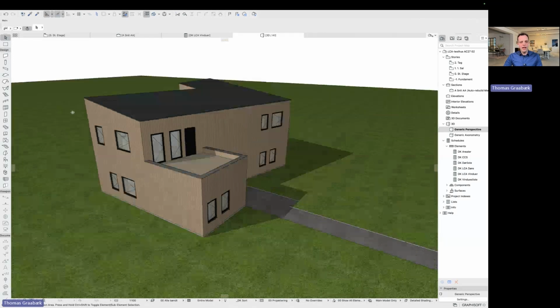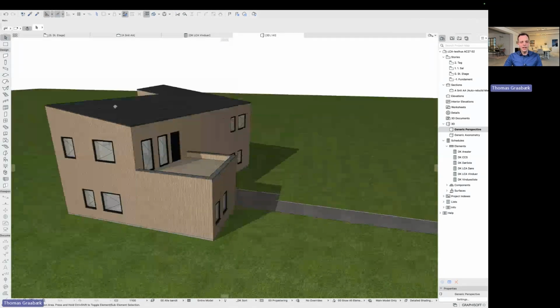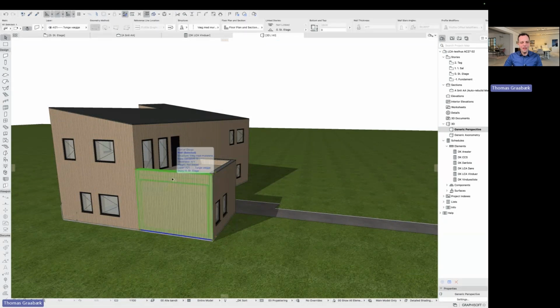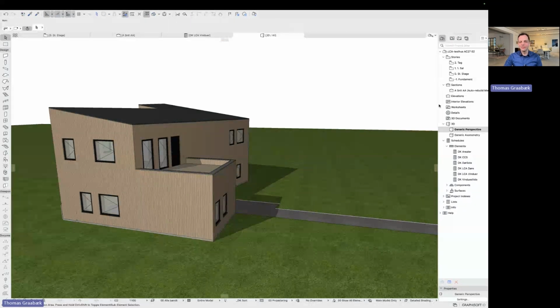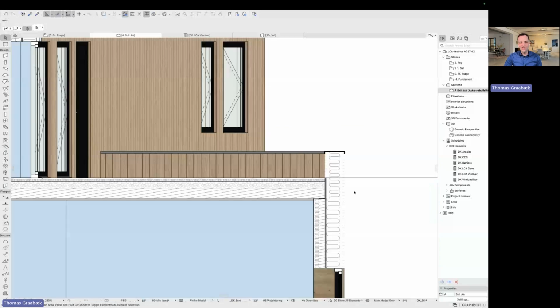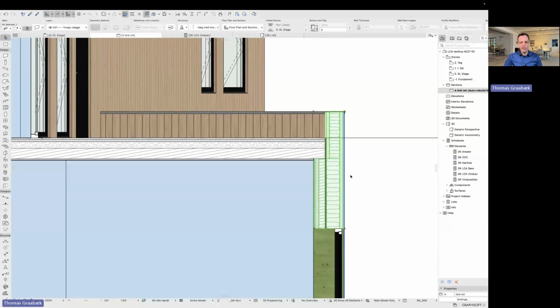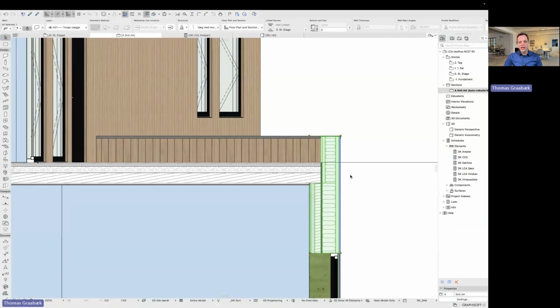Here I have my Archicad model for the project you just saw. I added a little thing. I added this advanced profile wall that can also include the top of the terrace. And you see the section. So it's a little bit different than what you saw in the video. And one important thing about DesignLCA is this property set that you put on your model.